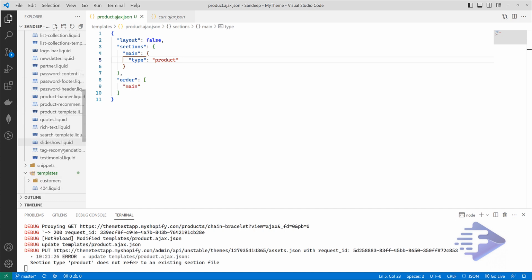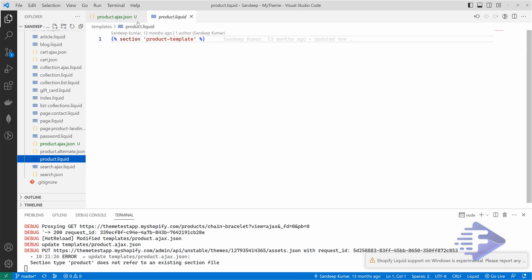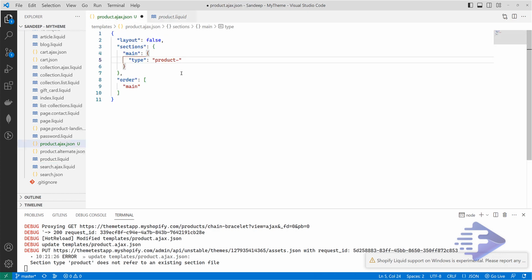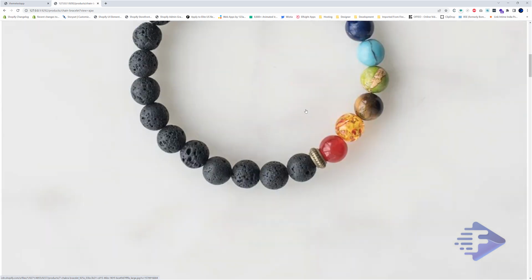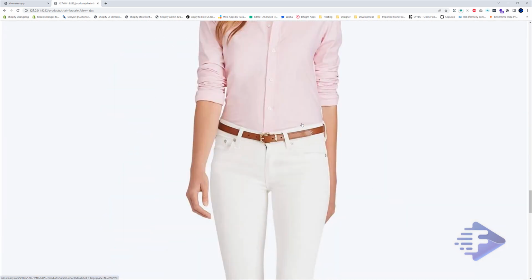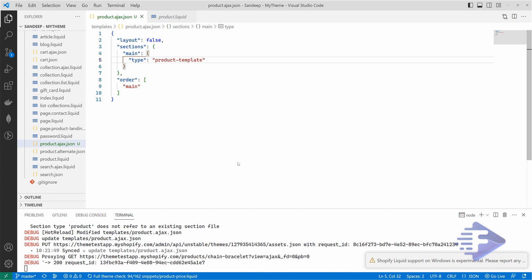Where is it? Let me check here first. It's the product template, so my bad. Now it's going to change to the product template. So everything is over here, but I'm not going to use this one. I will add a different one. Let's say this one.